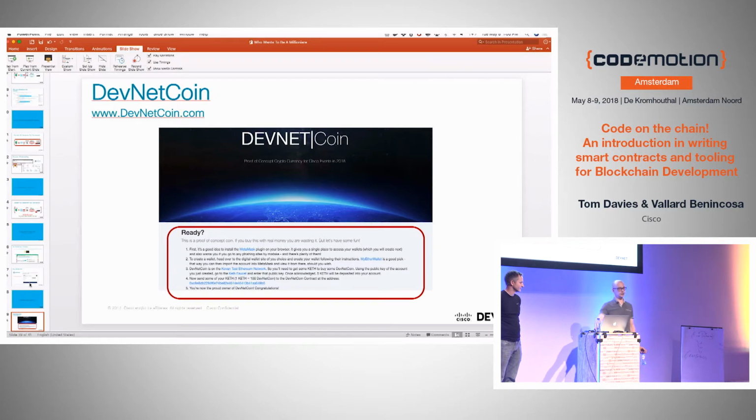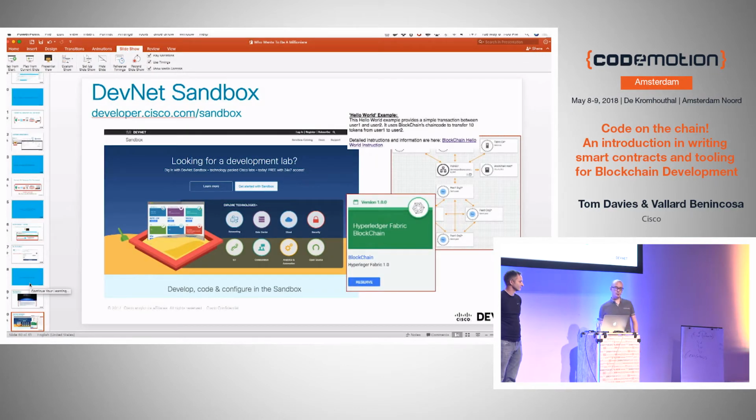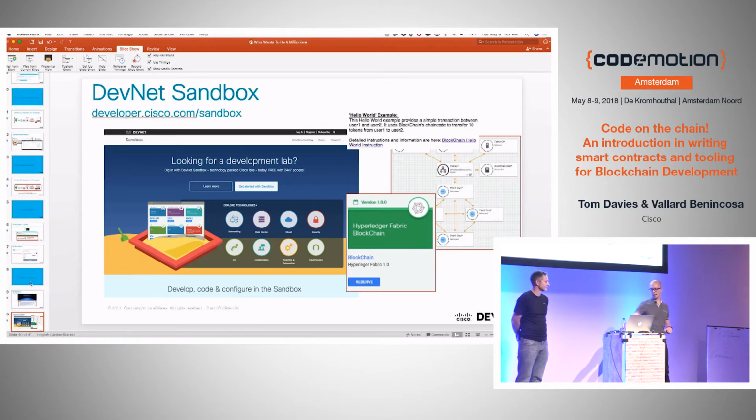Really do encourage you to just start developing on a blockchain. And if you want, you can also hit DevNet Sandbox, where we have a Hyperledger Sandbox, which is an open source effort from the Linux Foundation, and that will spin you up a blockchain ready for you to use, a private blockchain, almost like a development blockchain, and we'll do that for you in minutes. And at that point, we'll give you the credentials so you can hit your blockchain and start developing on the Linux Hyperledger project type blockchain.